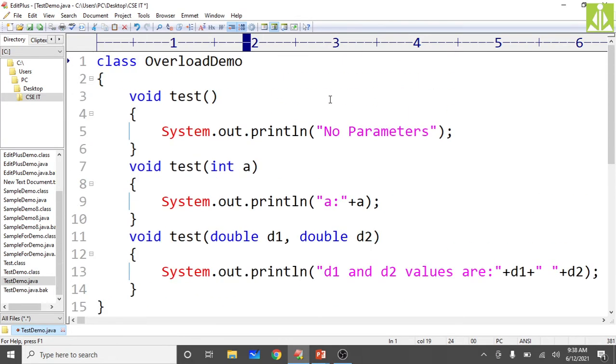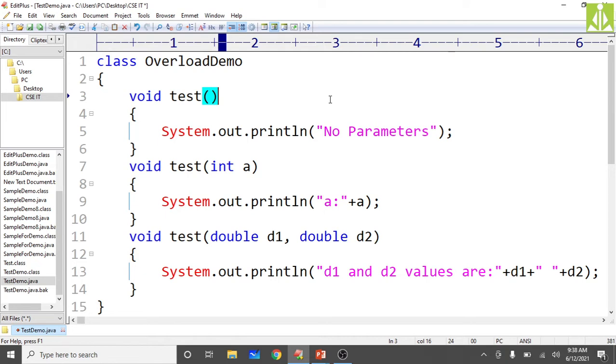Simply, we have taken a method inside a class named OverloadDemo. We have taken a method test, an overloaded method. We call it an overloaded method because we have taken three different bodies for the same method, and the compiler differentiates between these three bodies based on the number of parameters and the type of parameters.